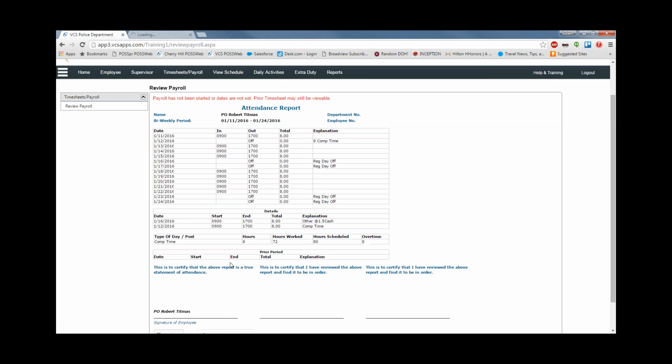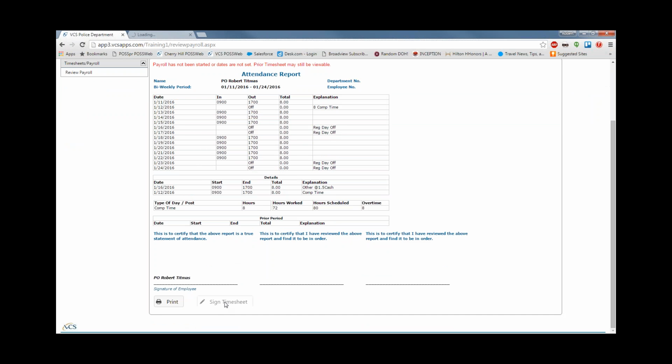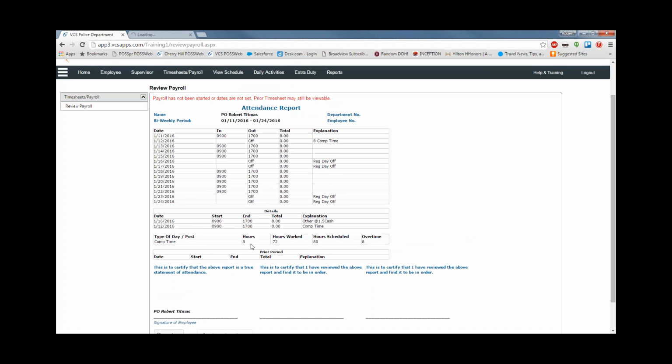sign the timesheet. But if we left it open, if we hadn't closed it out yet, I could come in here and click the Sign Timesheet button to put my signature on it. It's not really something where you can choose what you view. It's really just either the timesheet for the current active pay period or the one just prior if there's not